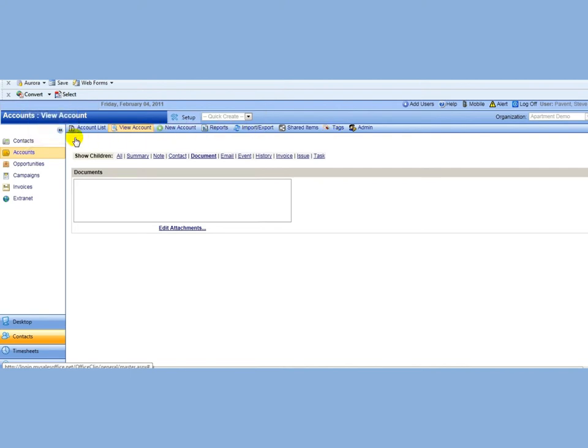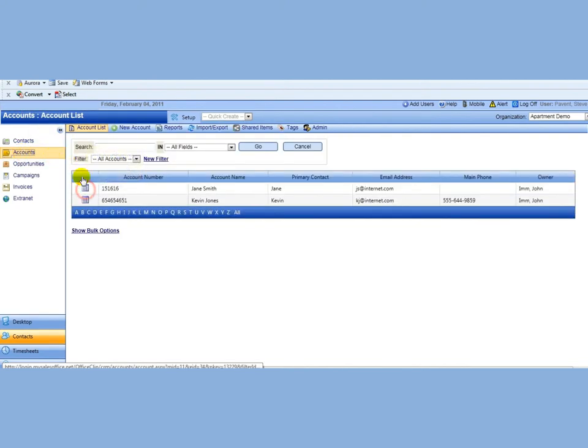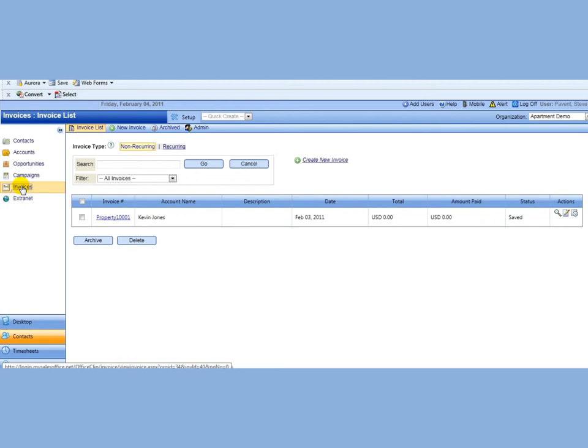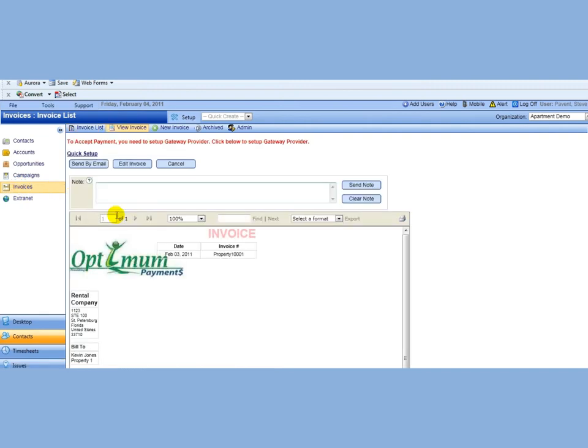Then the last thing that I would do is, within accounts, let's say Jane Smith, I would go over to invoices, and we can set people up on recurring billing, and here's one, Kevin Jones, that's already been set up in here. You'd simply create a new invoice, select from all of your accounts, and if it's a 12-month lease and they want to put it on auto ACH or auto payment, that's great. If not, they can actually be emailed an invoice every month by the system, and they can pay by credit card or by e-check right through that email, or they can deliver a check the way that they normally do,